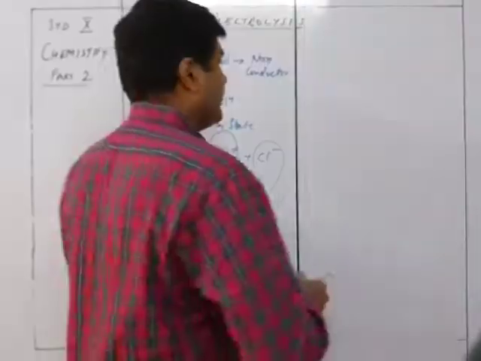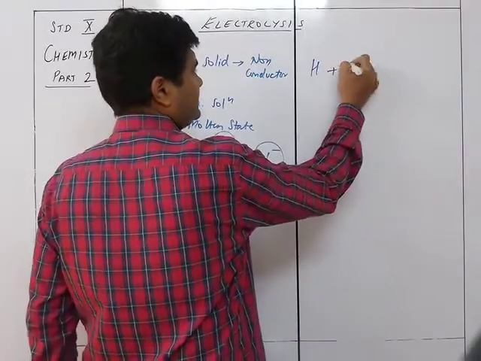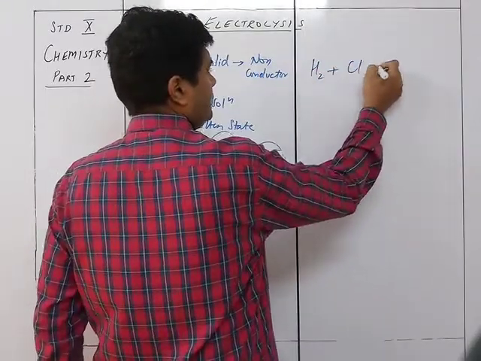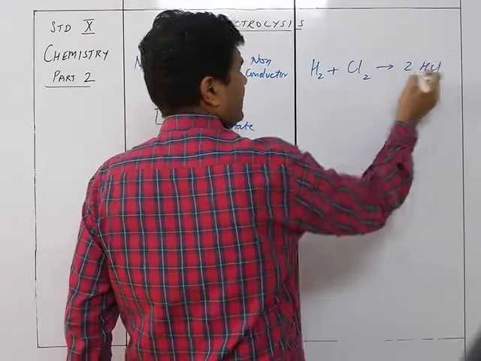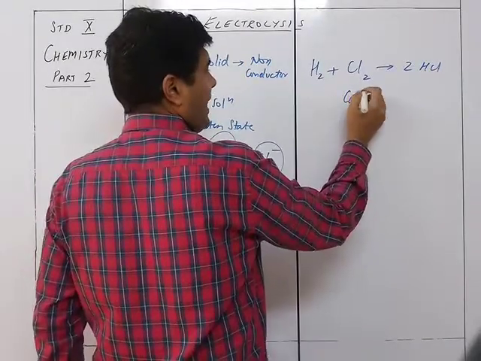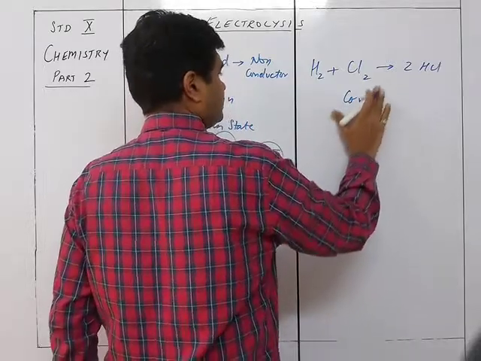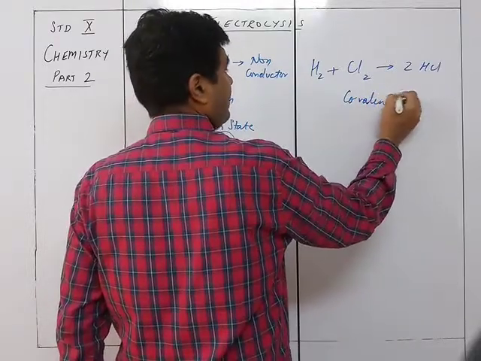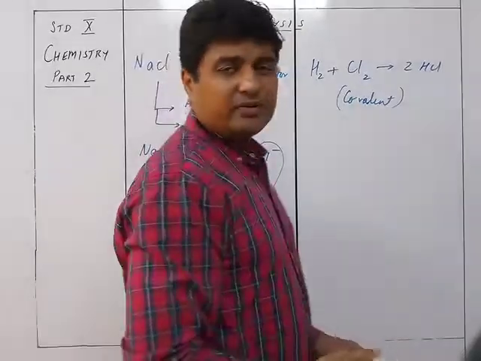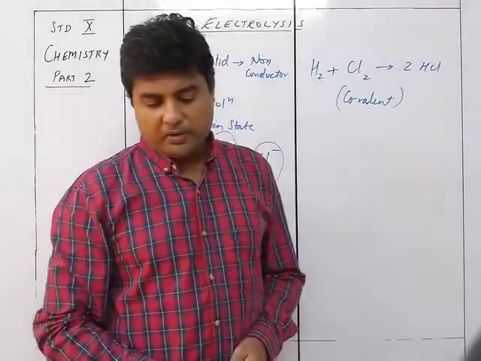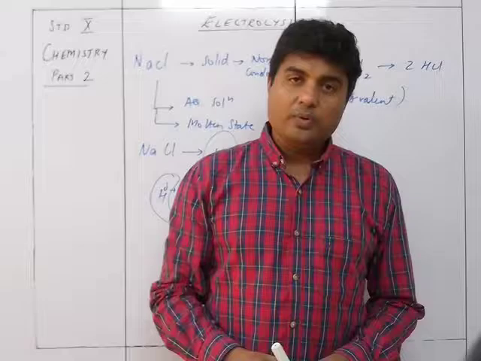So we know that H2 plus Cl2 gives you 2HCl. Now this one is a covalent compound. Hydrogen chloride is a covalent compound, and when it comes in contact with water,